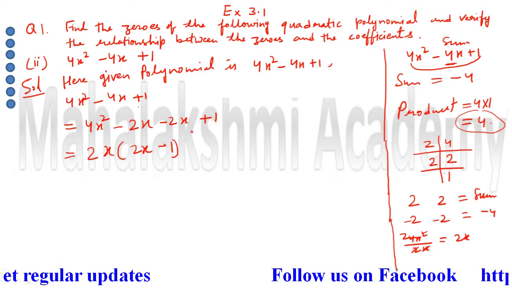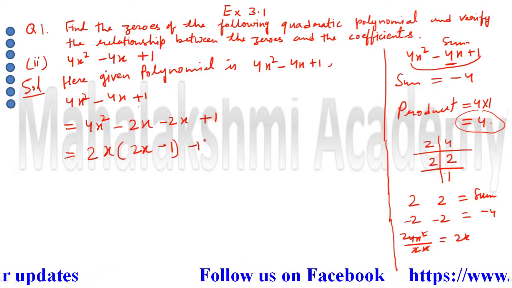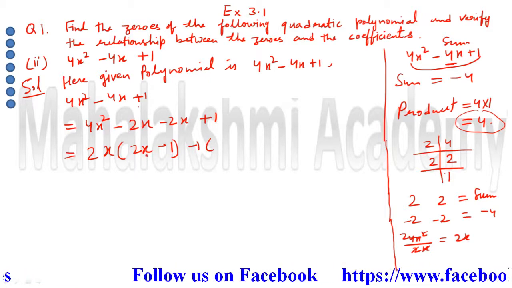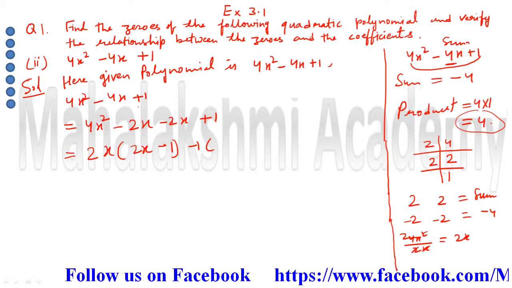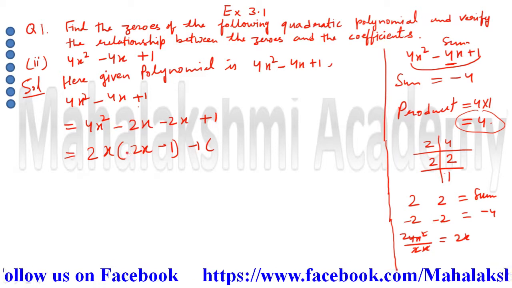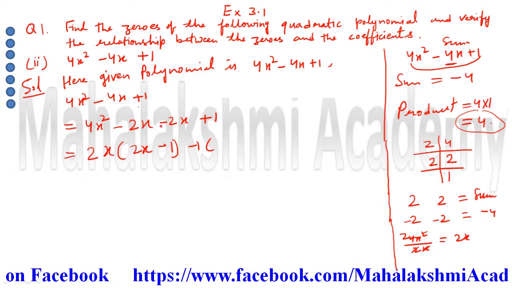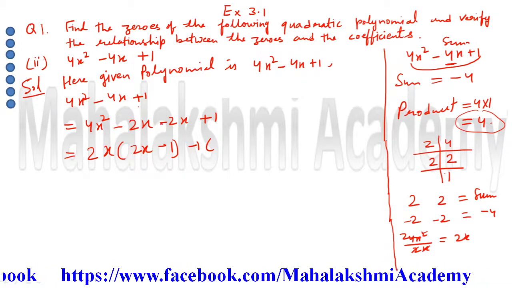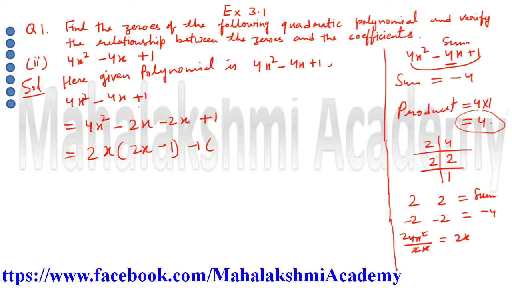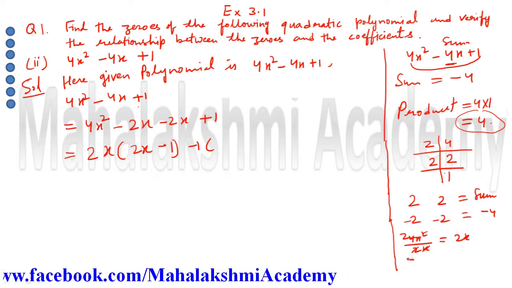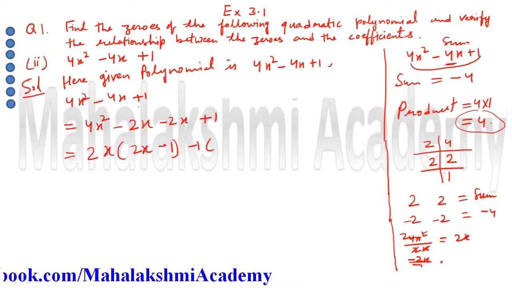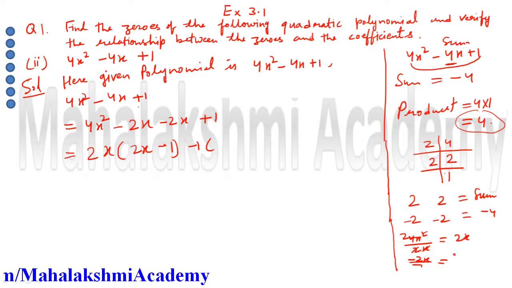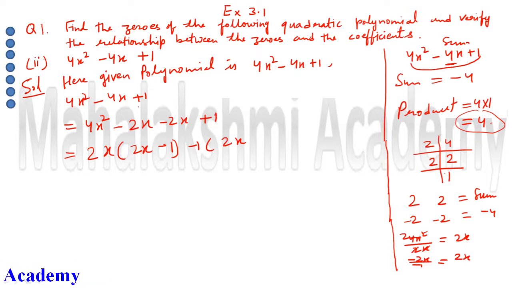Now from these two, you just take minus 1 common. Why did I take minus 1 common? Because we need the same bracket, and here you have a minus sign, but here you don't have a minus sign. Same bracket we need, that's why take minus 1 common. So when you divide this minus 2x by minus 1, minus sign will cut by minus sign, so you will get only 2x. And then plus 1 divided by minus 1, plus times minus is minus, so minus 1.